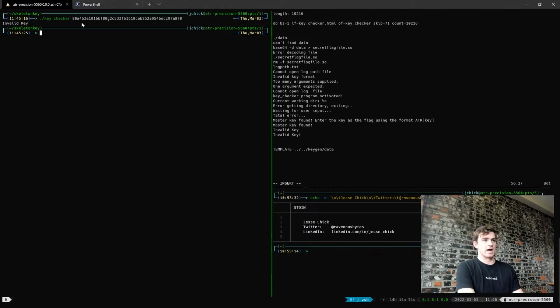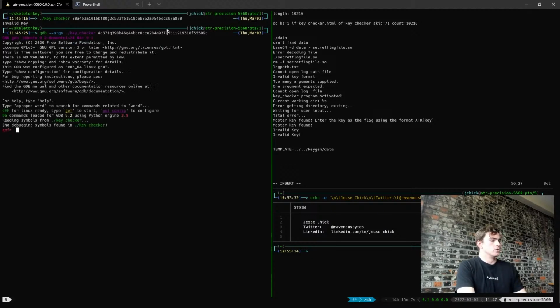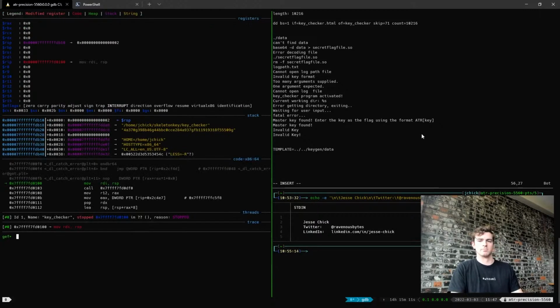So one way to do that, there are a number of ways, but the way that I'm going to use is to start GDB. Oh, it looks like I've already done this with a different key. That should be fine. And to just use the command start i, which is just going to break on the first instruction, and then